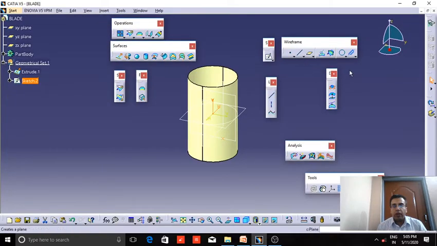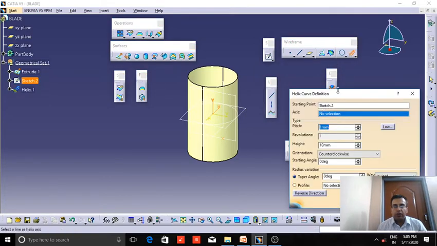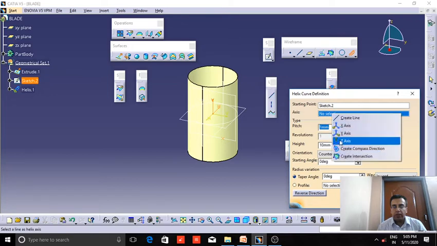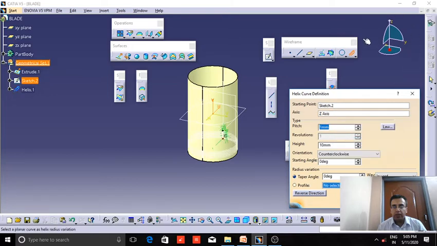Now in order to create the helix curve, we have an option here called as helix. So already the starting point is being selected. Next we have to select the axis. Now here we want that the helix curve should follow the vertical path. So here we have to select Z axis. As we can see here in the compass, this is the vertical axis.